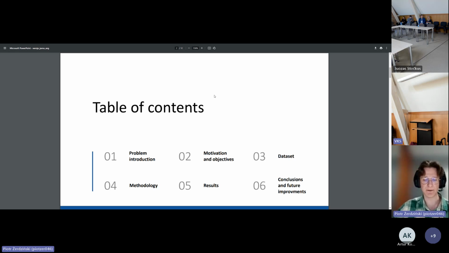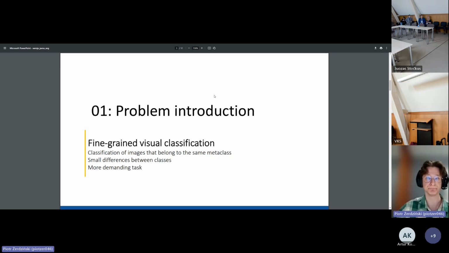Of course, this is not a rigid division, because in the case of classification of aquatic species, a dolphin, which is a mammal, or shrimp, which do not even belong to the same taxonomic phylum, can just as well be classified. Therefore, fine-grained visual classification is a more demanding problem due to the need to distinguish often small differences between the analyzed classes. Thus, sticking to the presented case, to distinguish between two fish species, it is necessary to rely on features such as fin shape or differences in coloration.